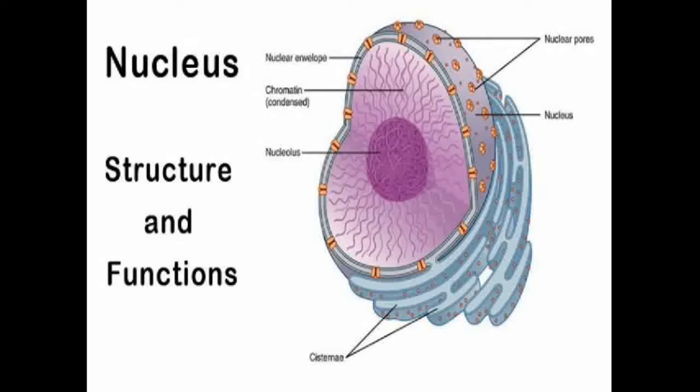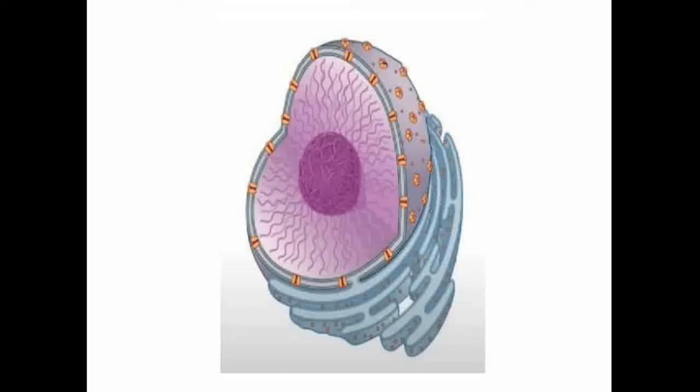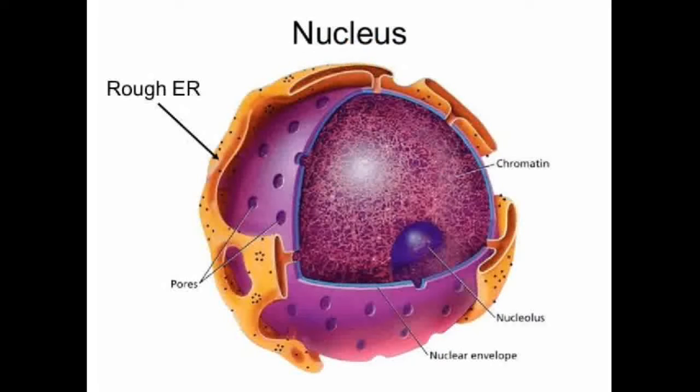On the inner part of the nucleus is the chromatin and nucleolus, and on the outer part of the nucleus is the nuclear envelope and nuclear pores. Nucleus is covered by a double layered membrane with small pores. Pores is a very small circular part of nucleus. Inside the pores there is a hole. The pores allows the material to go in and out of the nucleus.